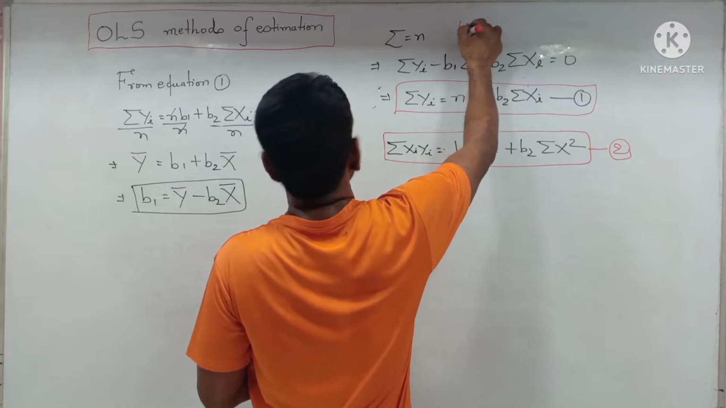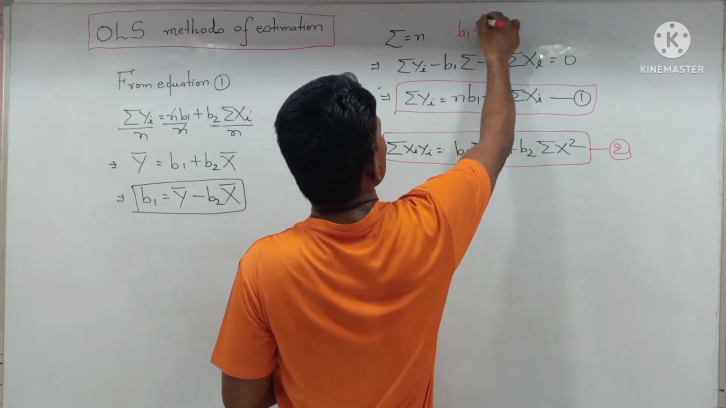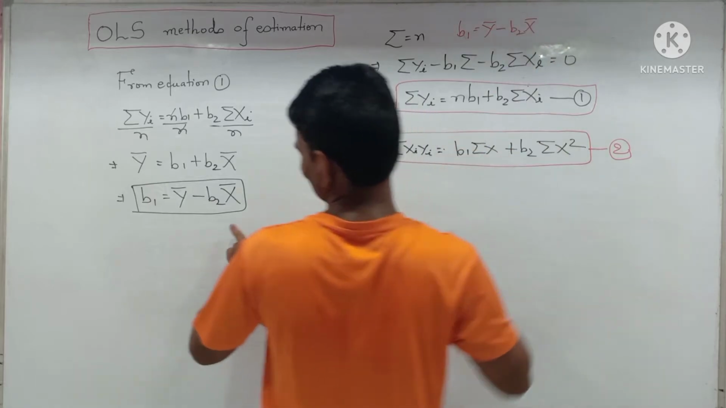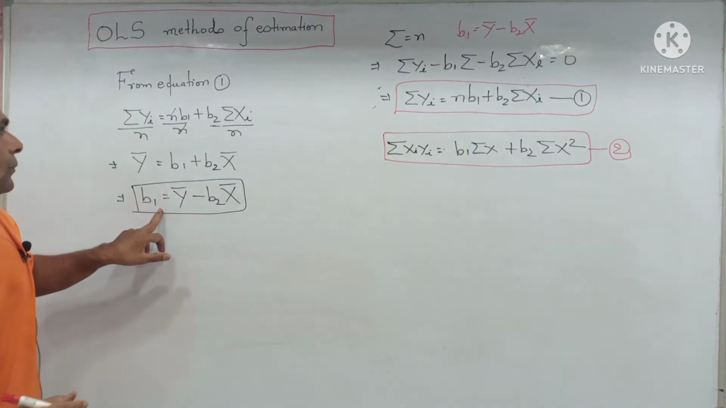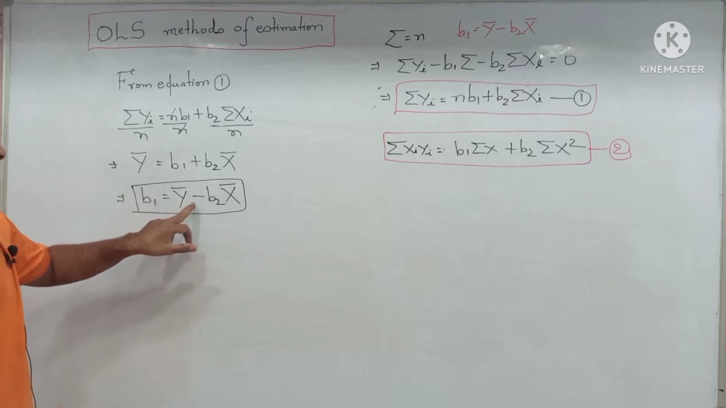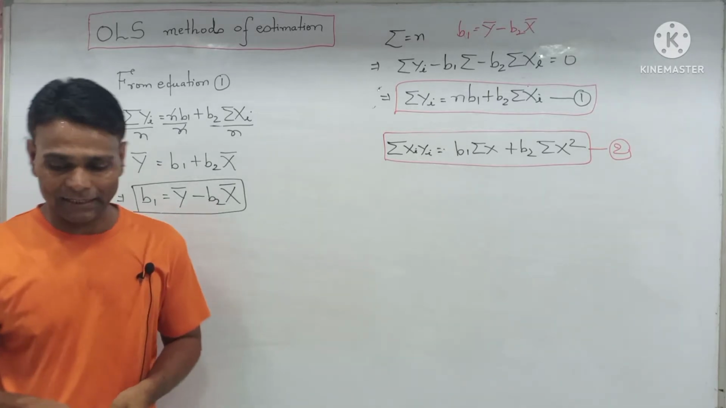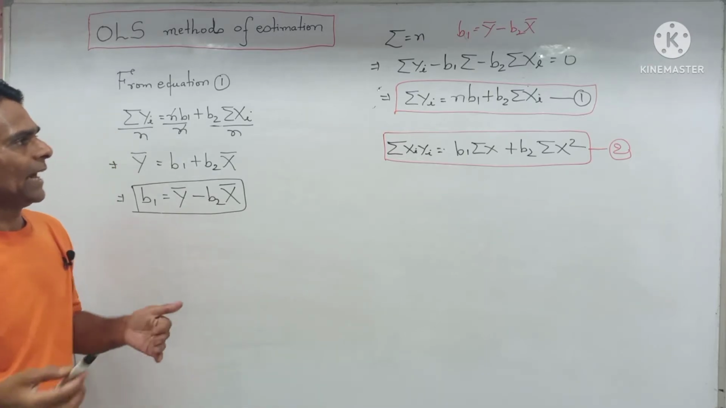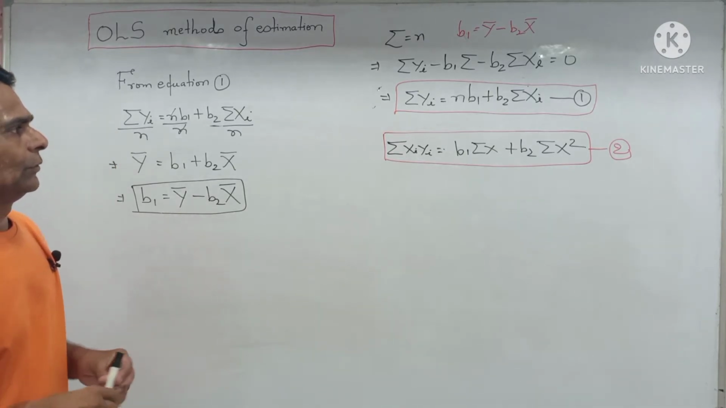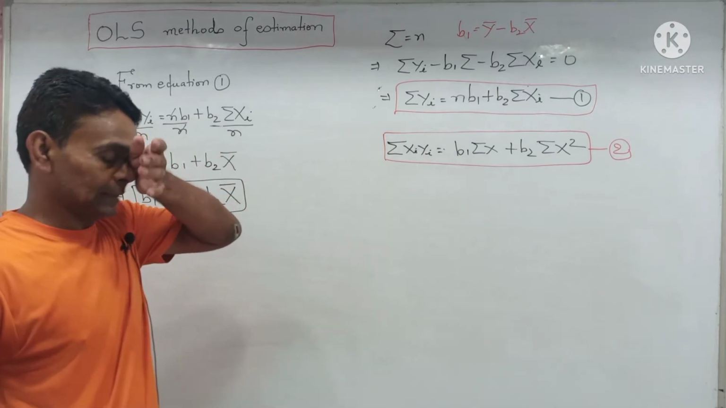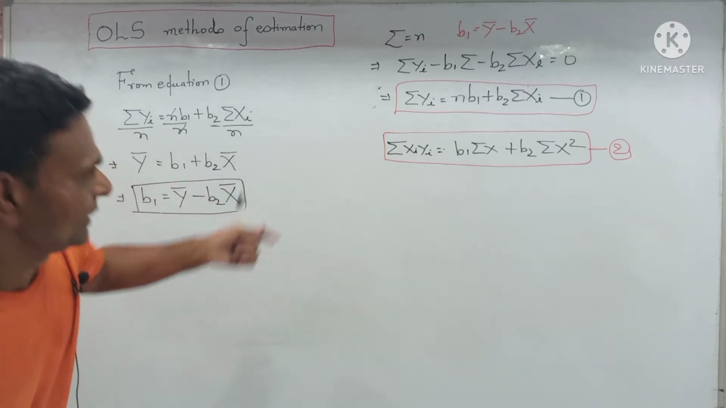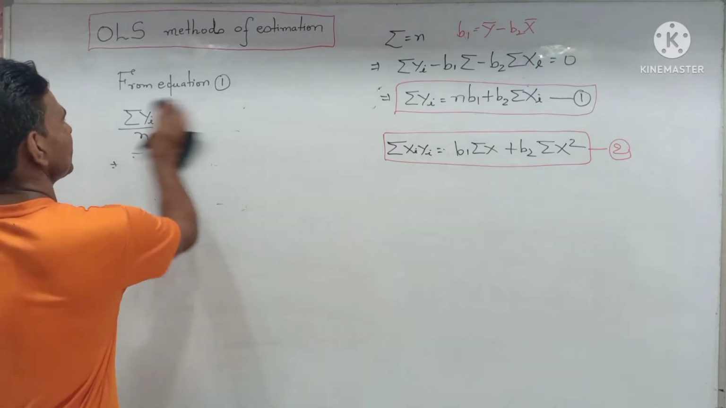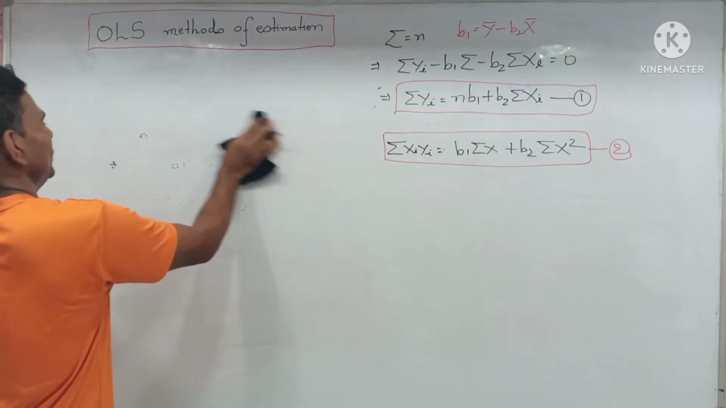We write it in another place for future reference: b1 equals mean y minus b2 mean x. Now we need to derive the value of b2 from these two simultaneous equations. So very simply,